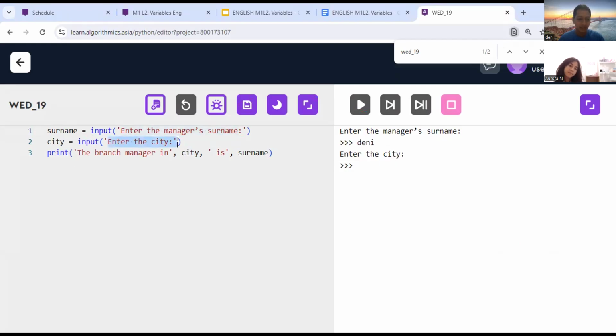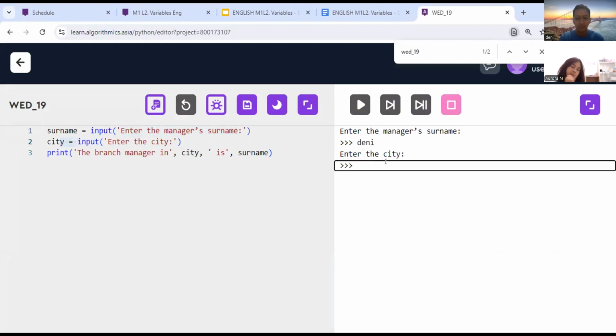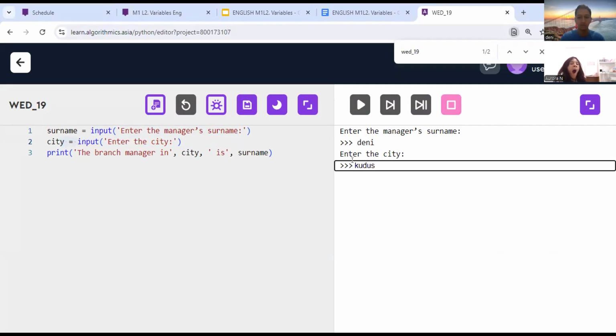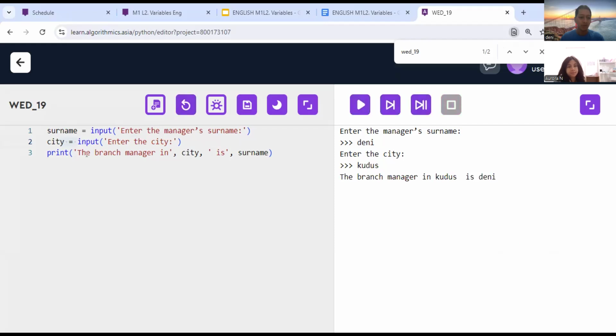Enter the city. What we input here will be stored in the city variable. Like I'm from Kudus, I will fill it with Kudus. The branch manager in city Kudus is Denny. Okay, understand, Aurora? Yeah.